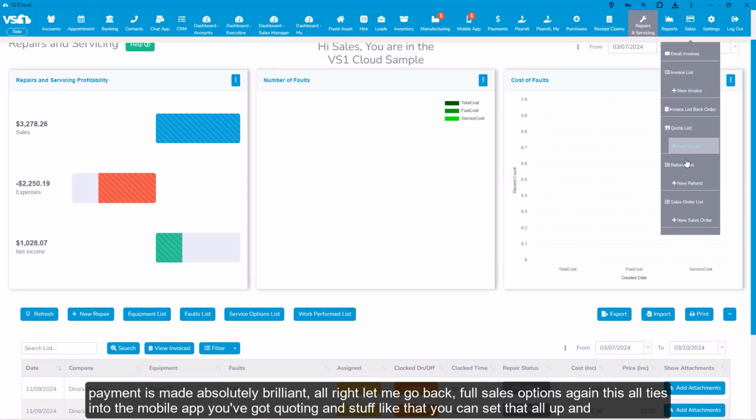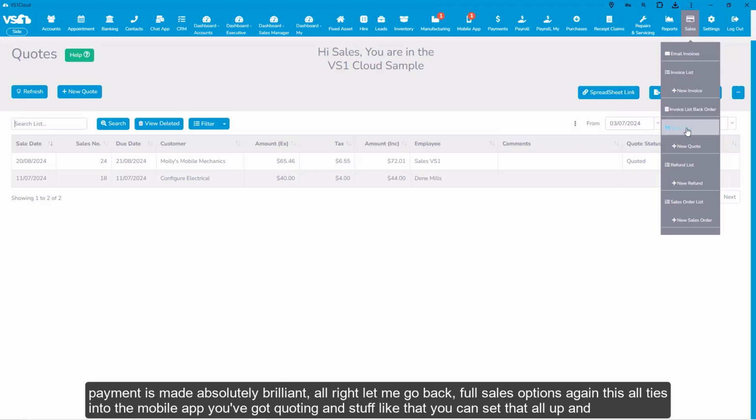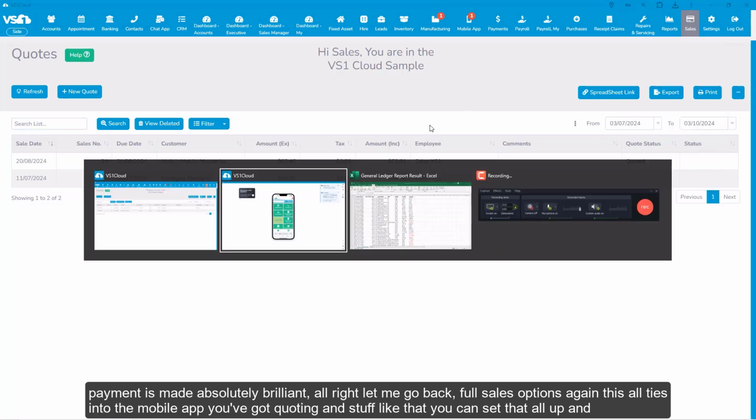Full sales options. Again, this all ties into the mobile app. You've got quoting and stuff like that. You can set that all up. And again, if I jump back over to this,